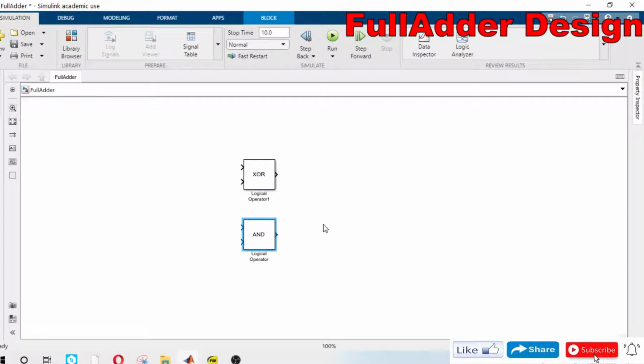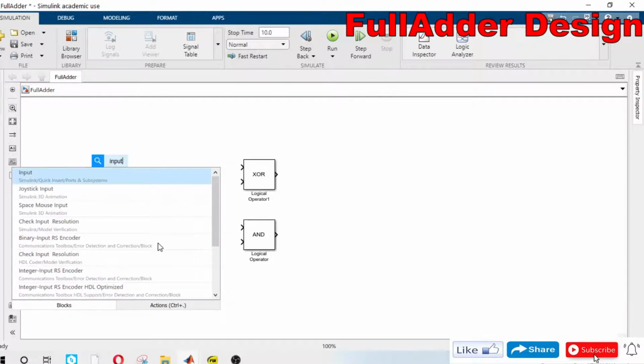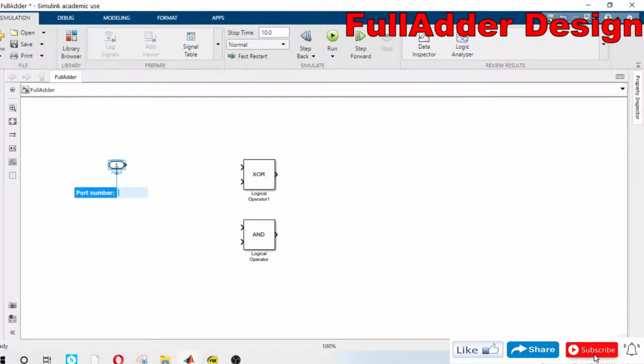We need two inputs and two outputs. For that we'll just type input, and name it as A, and Control drag to copy this, and name it as B input. Then we need 2 more blocks.